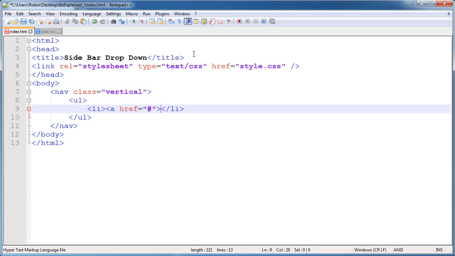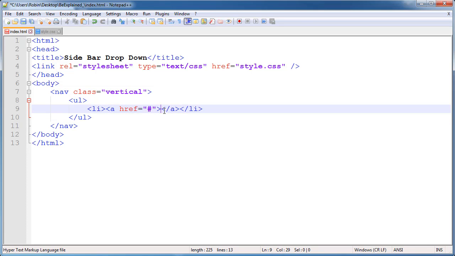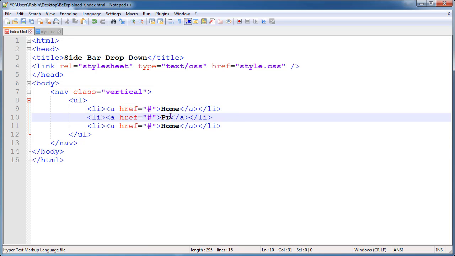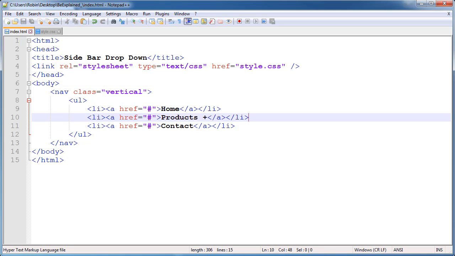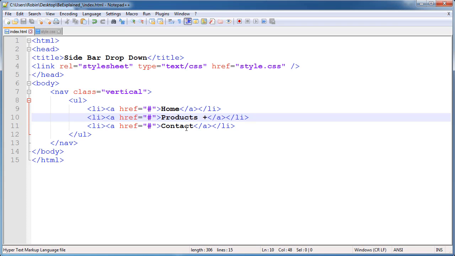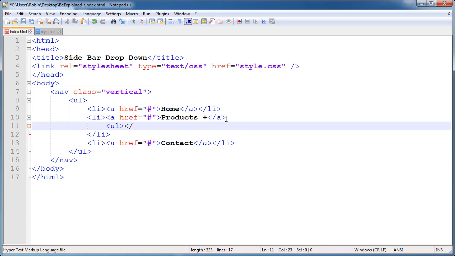Href means path, so now we are not sending any link. So I give the hash and type any category you want. On the second I give the category of products, and on the third contact. So let's now check if the HTML is working or not. So good, it's working. Now shift down the list item of products for building the sidebar drop down menu, and